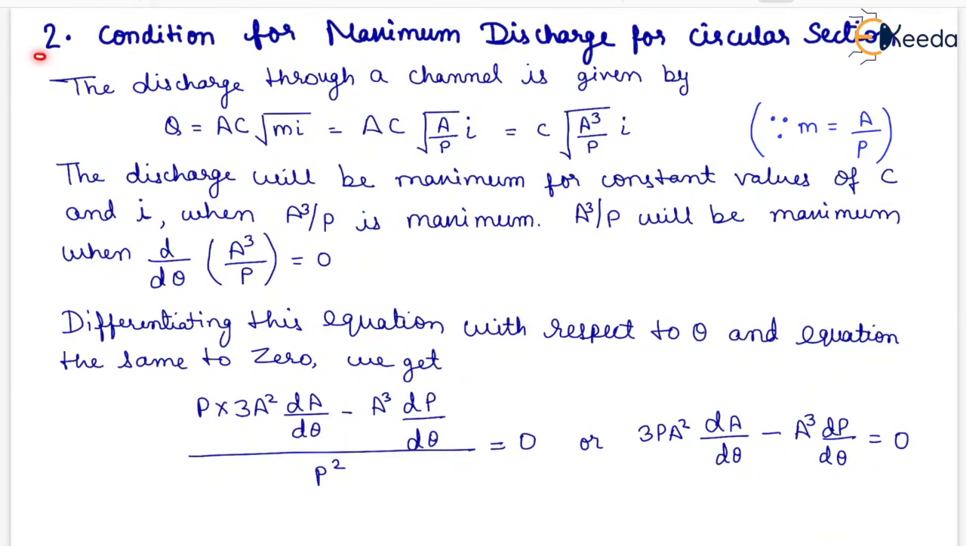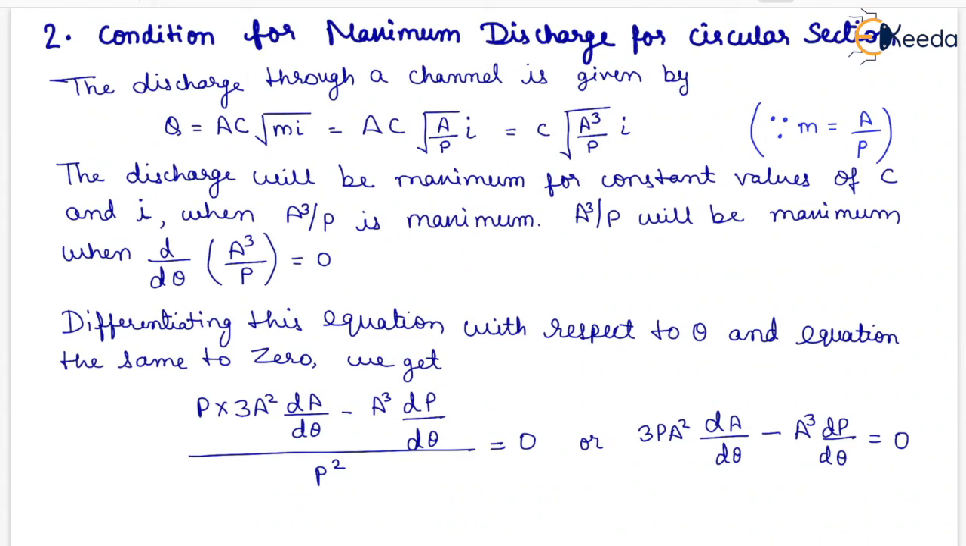Now the second one will be the condition for maximum discharge for circular section. The discharge through a channel is given by Q equals A C under root mi, which will be equal to C under root (A cube by P) into i, where m will be equal to A by P. The discharge will be maximum for constant values of C and i when A cube upon P is maximum. Therefore, A cube upon P will be maximum when d upon d theta of (A cube upon P) will be